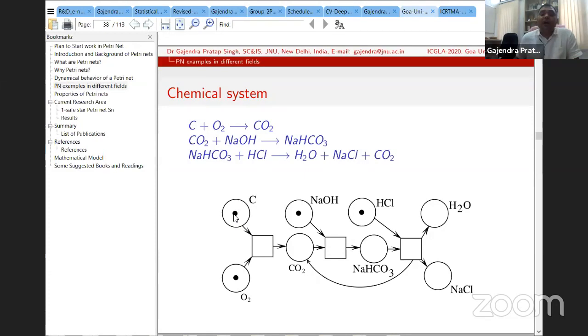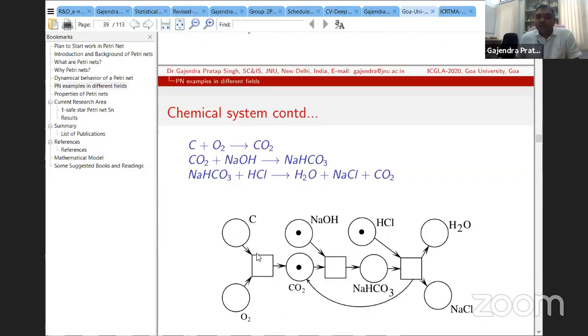It does not tell how much quantity is there, as an ordinary Petri net, but the token represents the presence. If carbon and oxygen are present and combine with this equation, it releases the token, it releases the CO2. CO2 means the token moves from here to here by the firing rule. It doesn't mean that token 1 plus 1 goes to output place as 2. That is not the case here. By the firing rule, we will have one token here, like this. The token is consumed from the input place here.